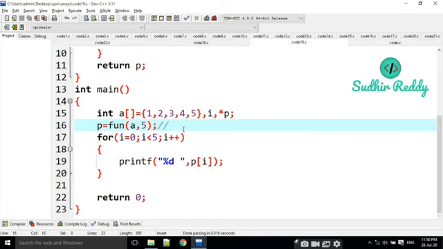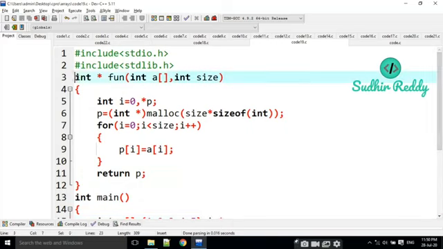Look at here. The function name is fun. I am passing an address, that is the array address. I am passing the size also, but here the function has a return type. What is the return type here? Star p. Star p means it is going to accept the address only. Okay, we are moving into the function definition. It is going to be int star. Int star means it is going to return an integer address. That's why we are taking int star.